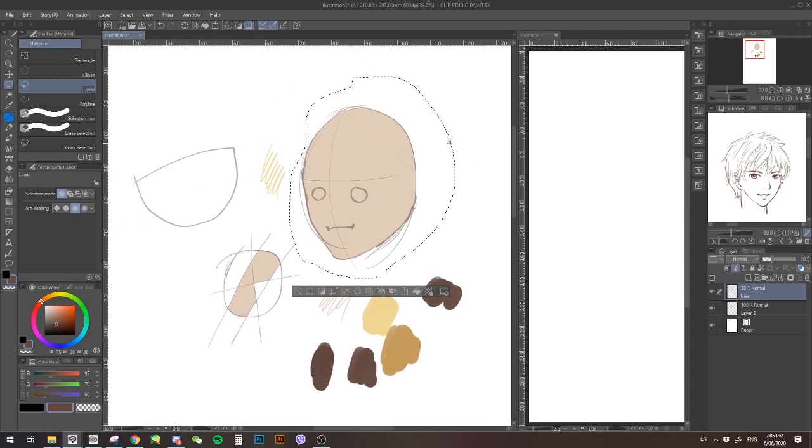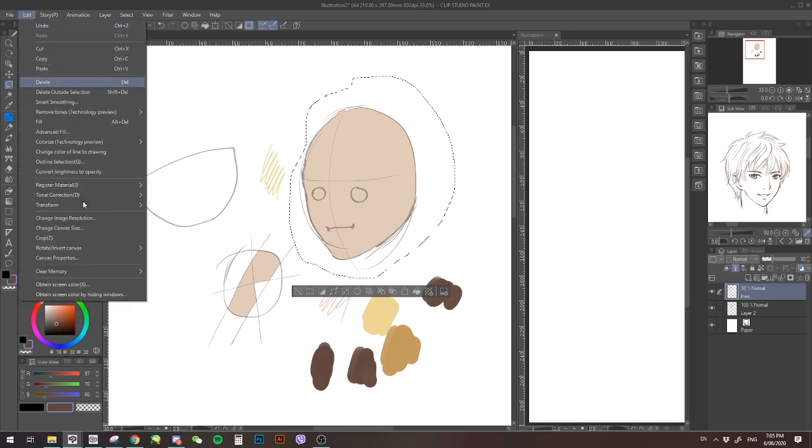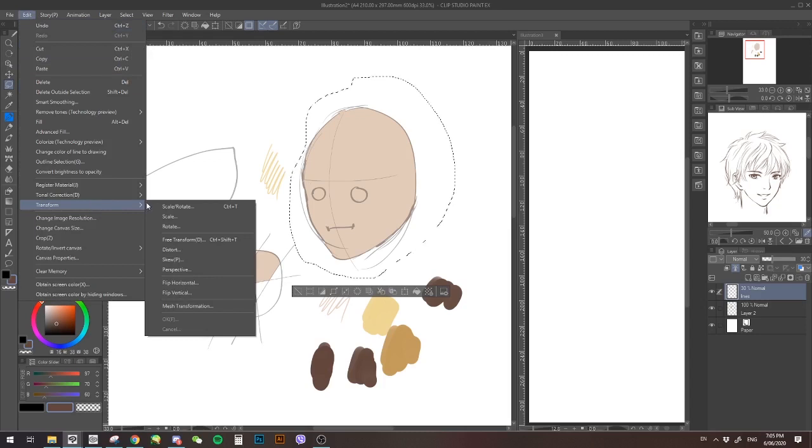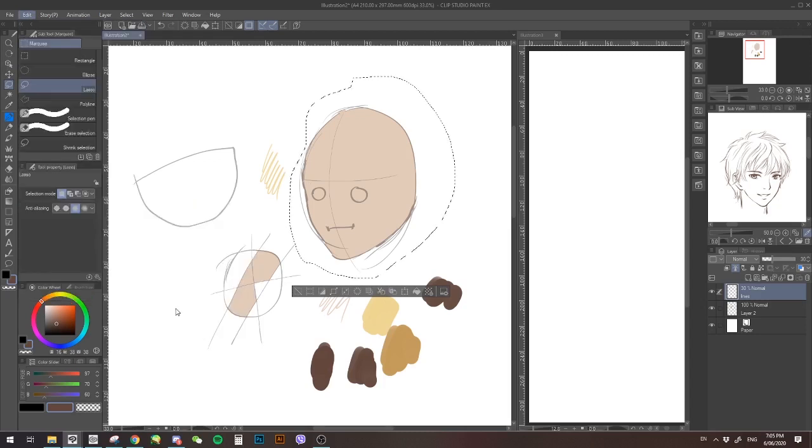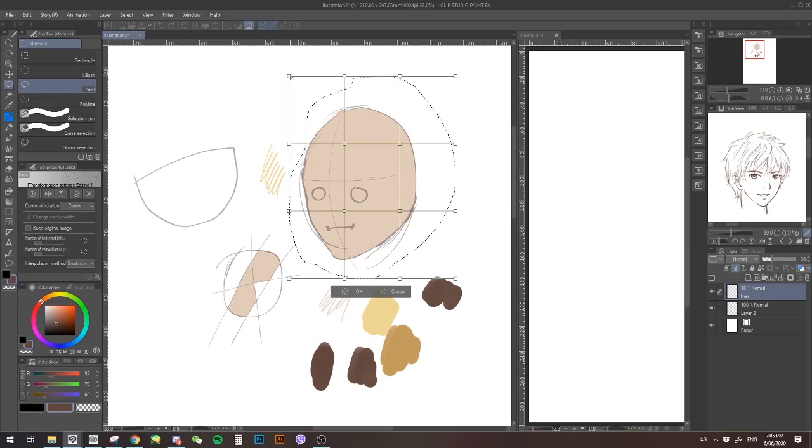So select the area that you want to tweak. Now go into Edit, Transform, and go down to Mesh Transformation here. It'll bring you up to this grid, and each of these points you can move around. So if I think the head needs to be a bit bigger right here, I can just drag that over,